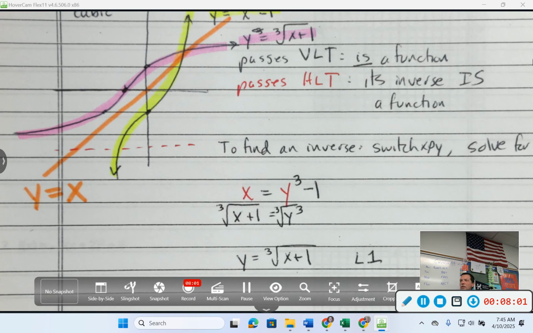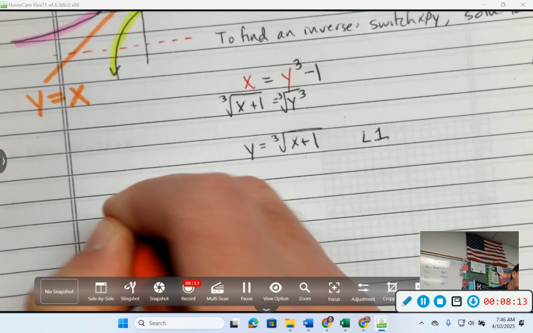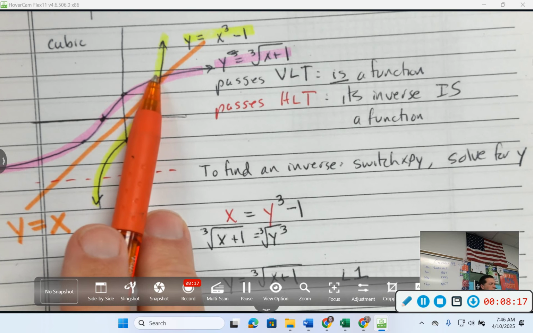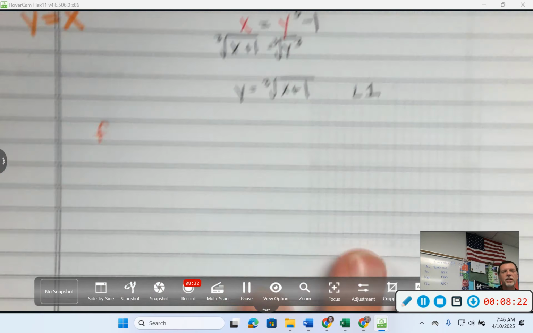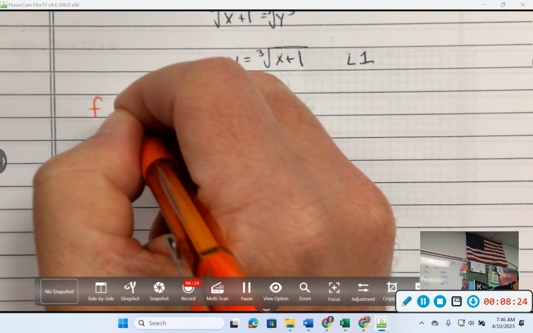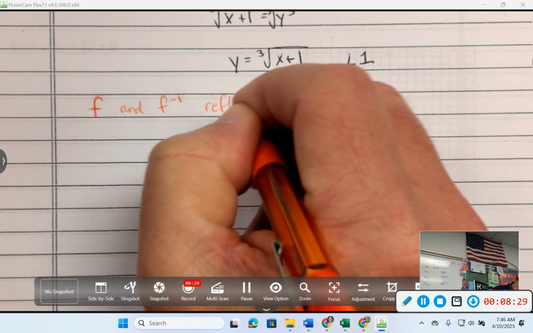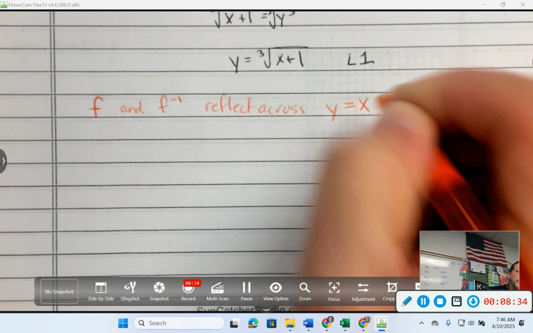That always happens. Your inverses and functions are reflections across y equals x. Doesn't that have to do anything with that? No, but it's always a point where x and y are equal to each other. So there are some weird things happening at that point, but we're not really going to go that deep into inverses. F and F inverses reflect across y equals x,